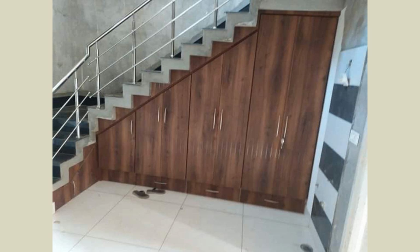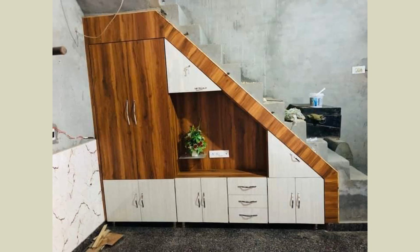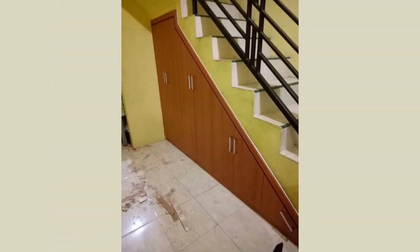2. Choose the right storage solutions. Shelves. Adjustable shelves are a versatile option for storing a variety of items, from books and clothes to sporting equipment and tools. Drawers. Drawers can be used to store smaller items that need to be easily accessed, such as jewelry,